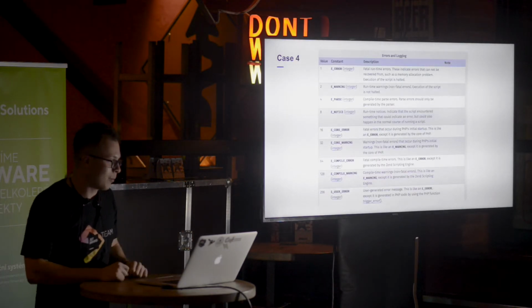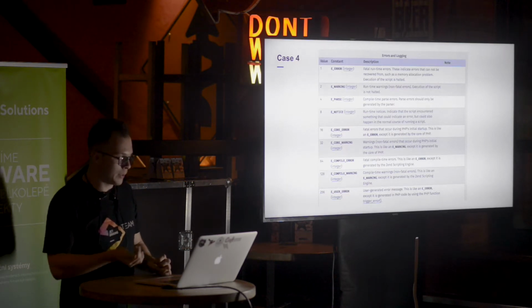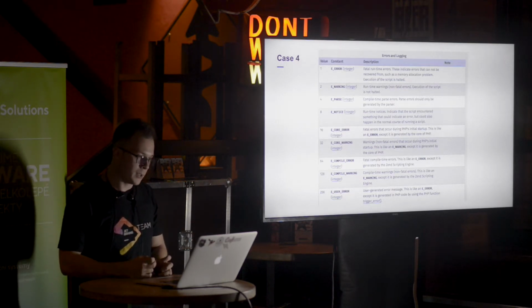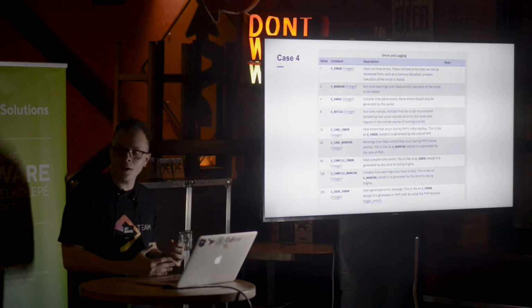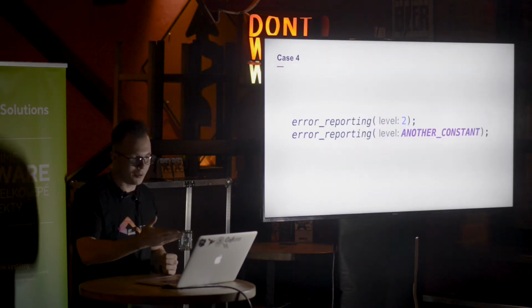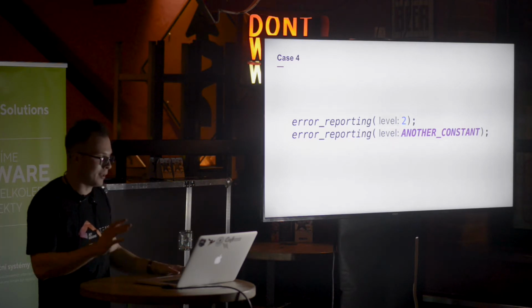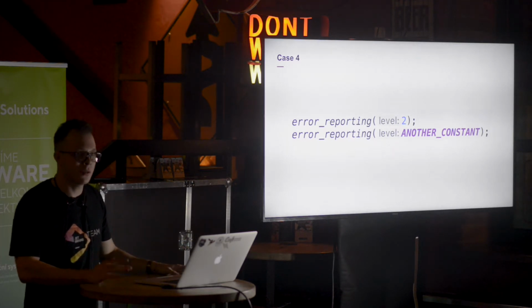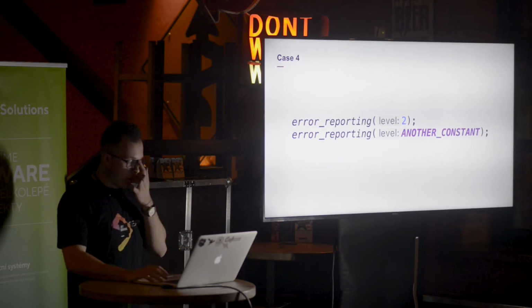It's basically a standard library function that expects as argument one of the specific constants specified in the standard library. Any other arguments are discouraged. So we want to find, for example, these cases, such as some 2, or another constant, but we don't want to find those. And to find such a tricky case,